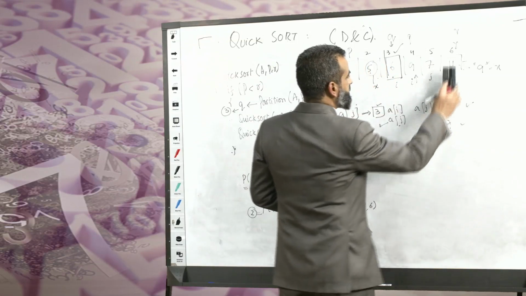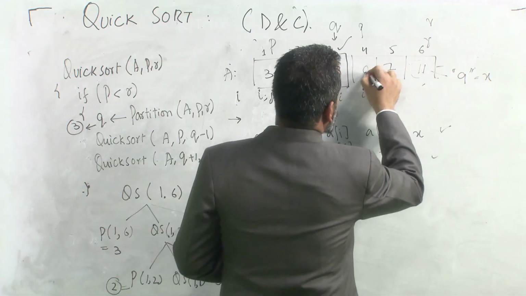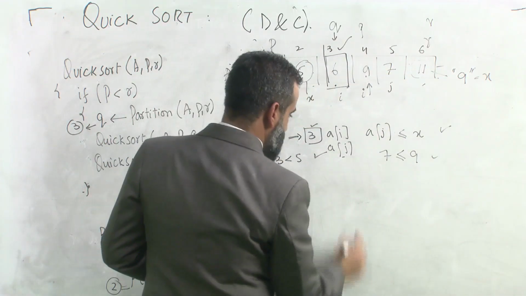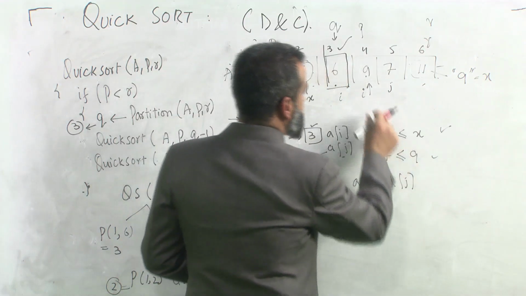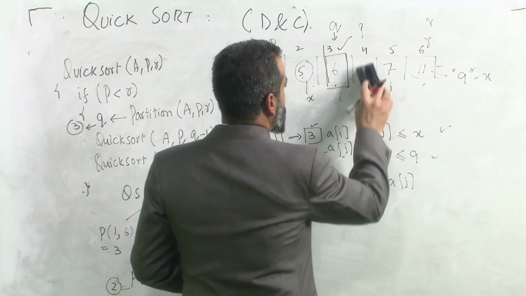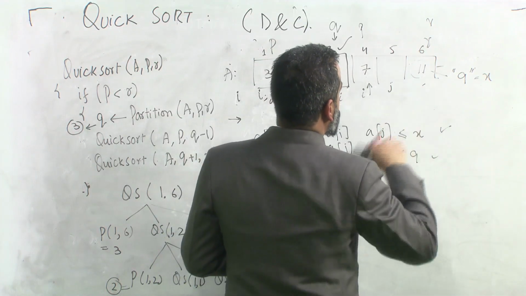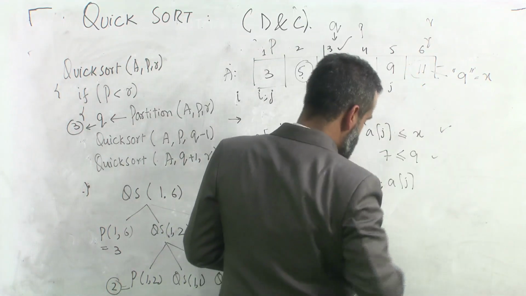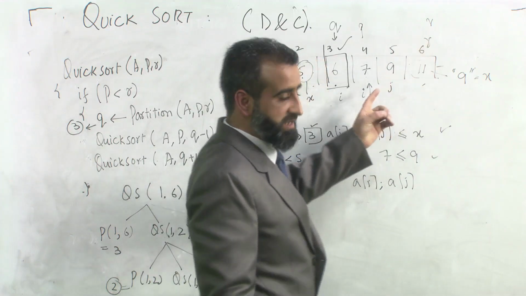Oh, I'm sorry, almost made a mistake. This is my 11, this is my 9. I have to make an exchange between A of I and A of J. So this is my I, this is my A of J, so I'll make the swap. This is 7 and this is 9. Now that J is pointing towards an element which is R minus 1,